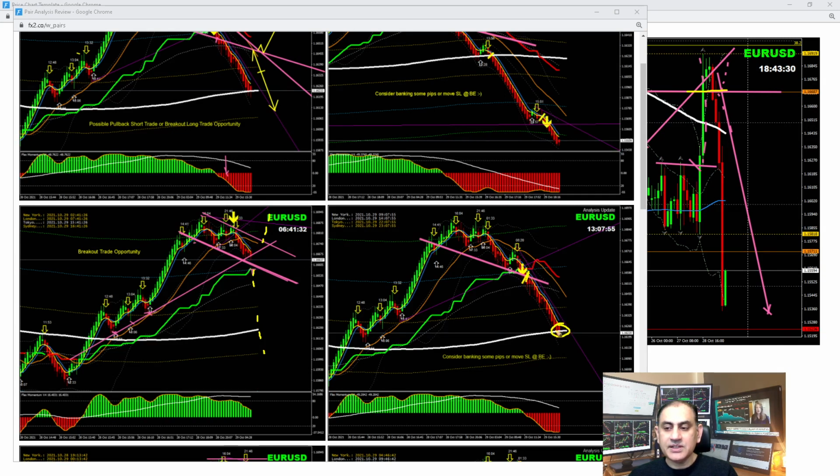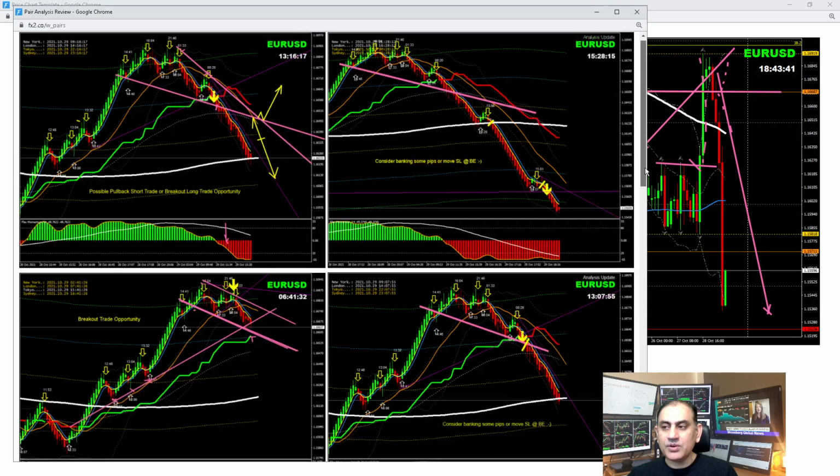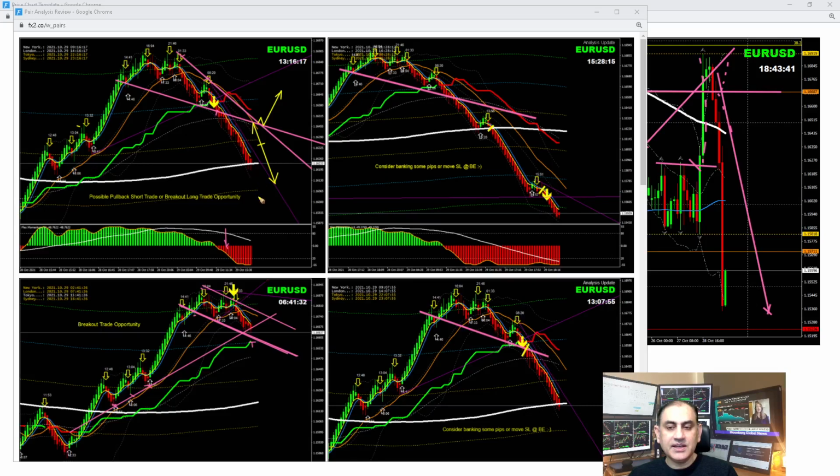As soon as the price hit the 200 EMA, I explained to my traders at this level it's time to bank some profit. Let's see if the price is going to break, then keep taking a short trade here. So again, as always, based on the momentum, looking for another pullback short trade here. Once I banked some profit, I explained to my traders, look for another pullback. As you can see, price nicely came back here. As explained in analysis, we had a beautiful pullback and another pullback. As soon as the price hit this level, I explained to my traders it's time to bank some profit.